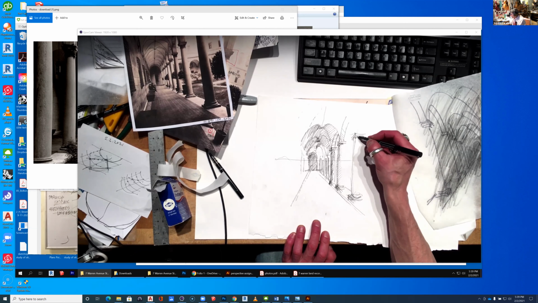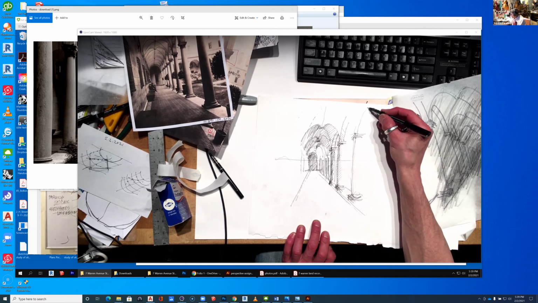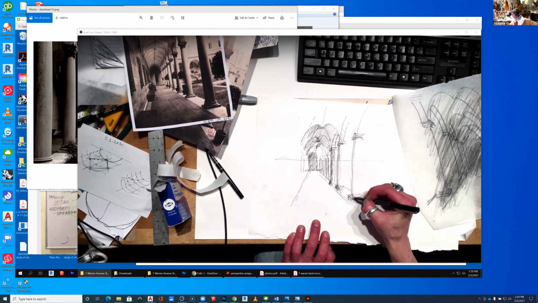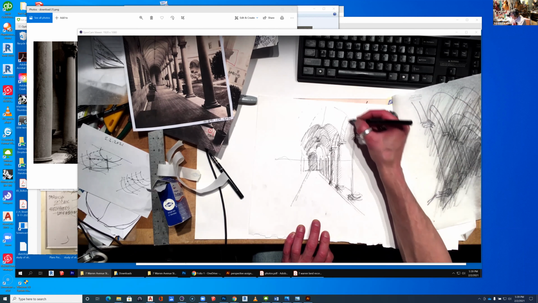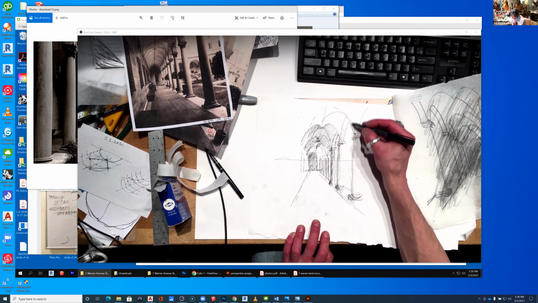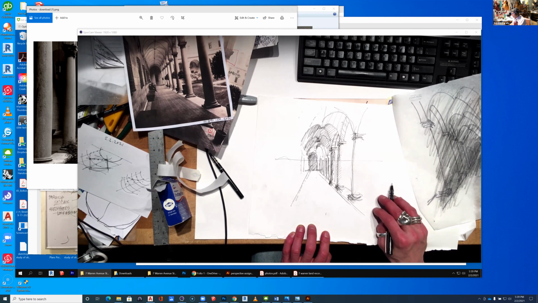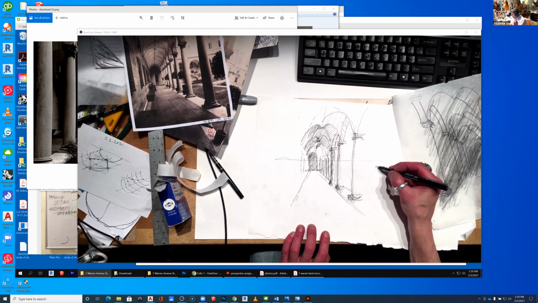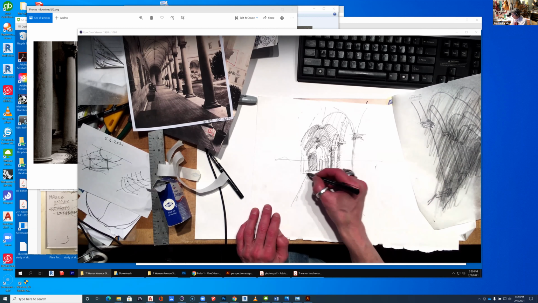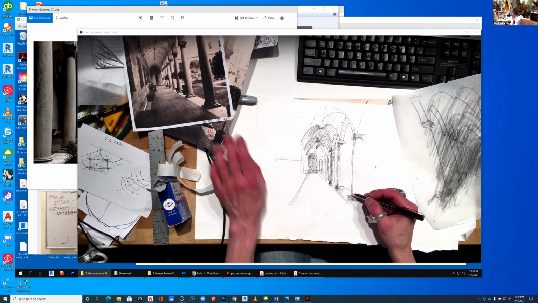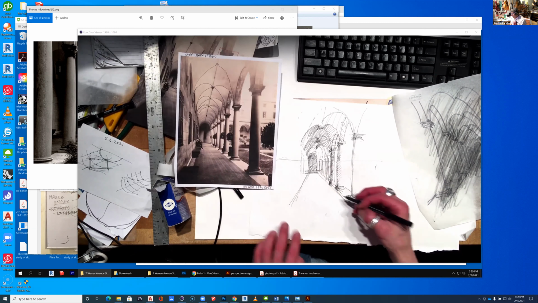What's necessary is to persuade the viewer that you're inside this array of columns. I think there's something like that going on. It continues up there. And that part of the space